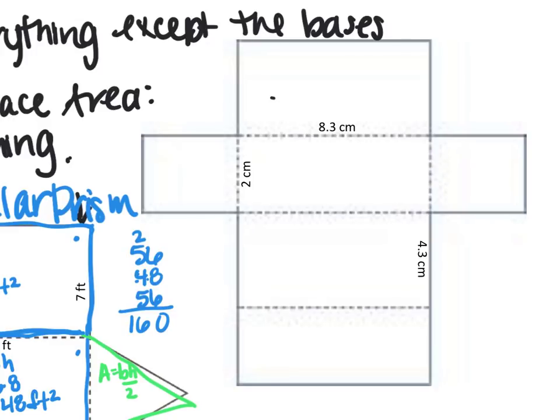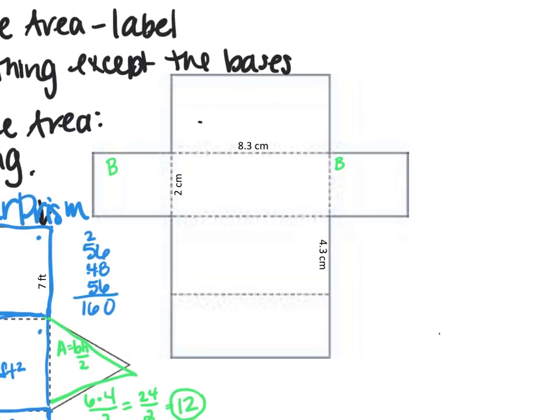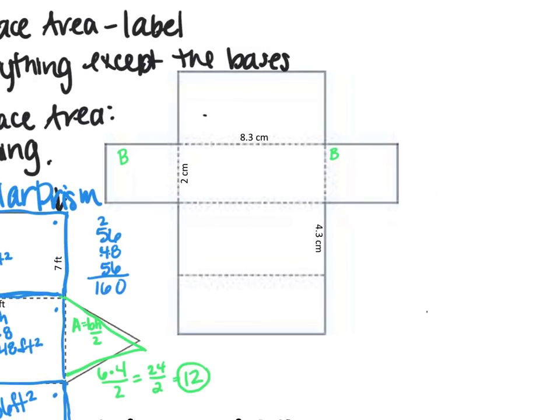Now this is a little bit different, okay, right here, because it doesn't define what the bases are, so I'm going to define what the bases are. I'm going to say that this is my base and this is my base, okay? So it could be different based on what your bases are. Hopefully they just do total with a rectangular prism, but just in case, I'm going to do lateral first. So lateral is these 4